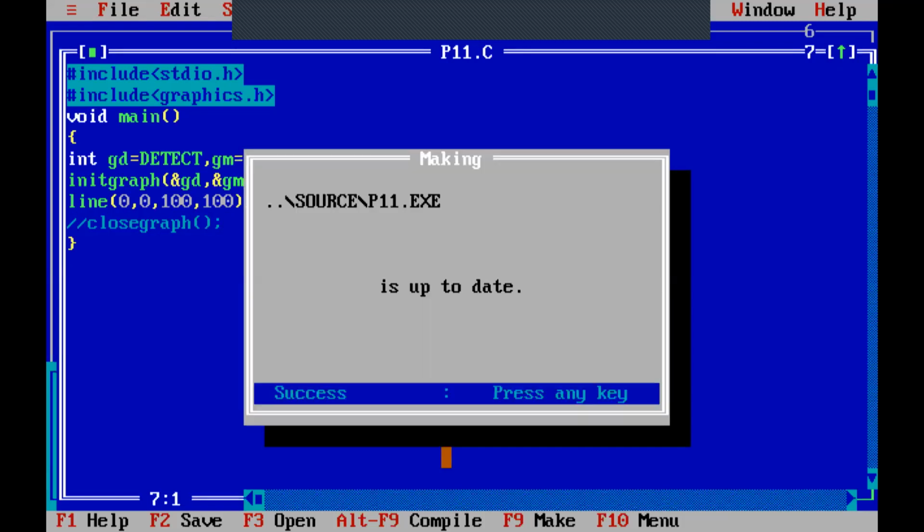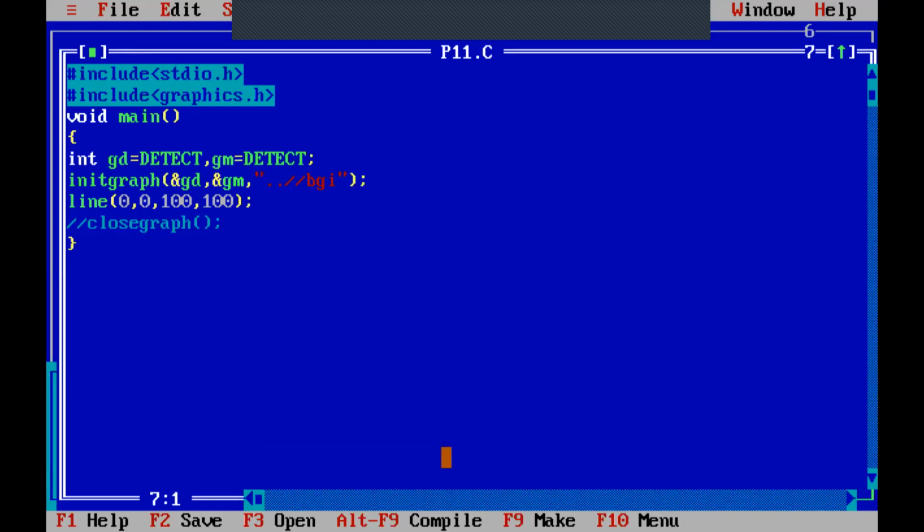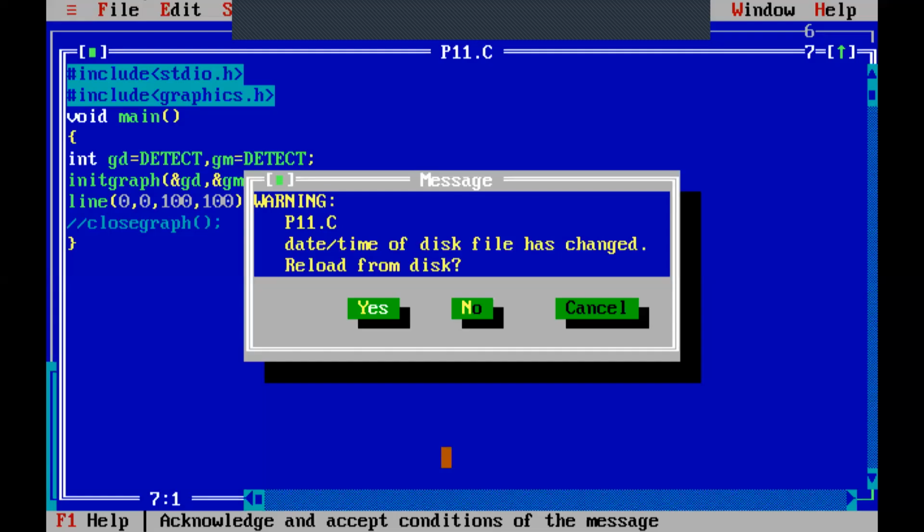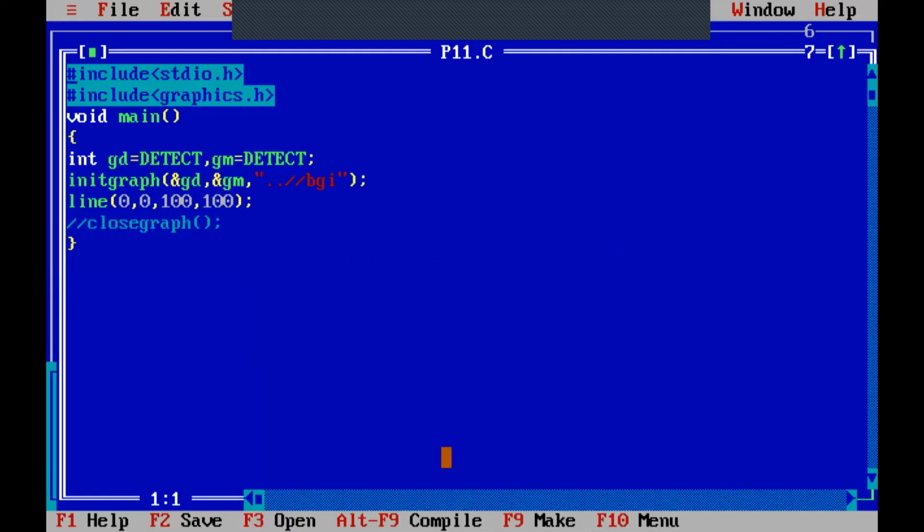So let us compile it and run it. And I will get this output. So the output is the first point which you are observing, that is on the top.